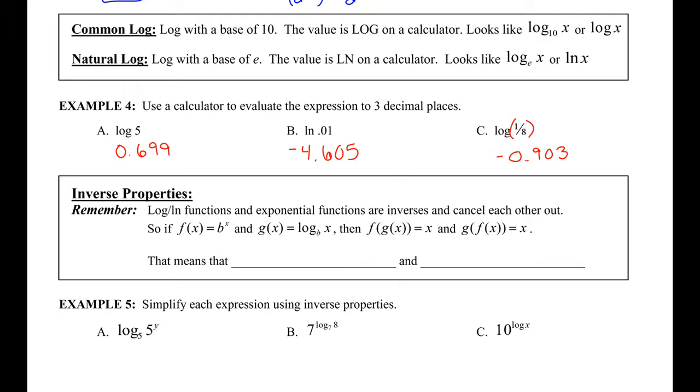Remember that the log and natural log functions and exponential functions are inverses and cancel each other out. So if f of x equals b to the x power and g of x is equal to log base b of x, then f of g of x equals x and g of f of x equals x. That means that f of g of x is equal to b to the x power, but instead of x, I'm going to plug in log base b of x, which simplifies to x,